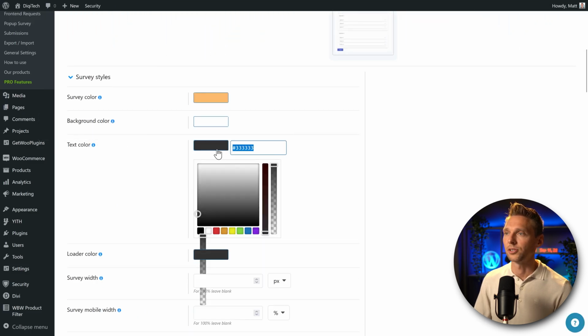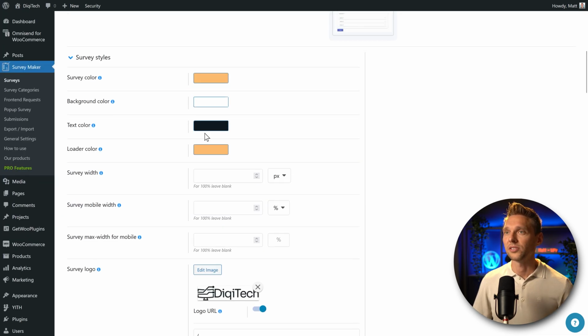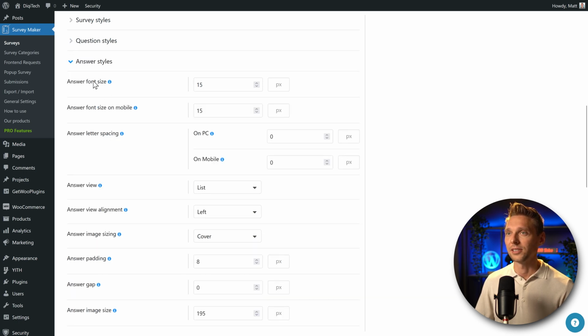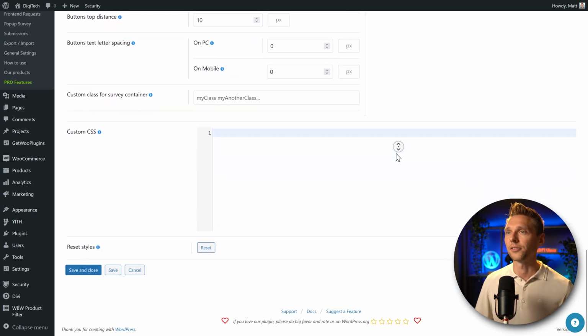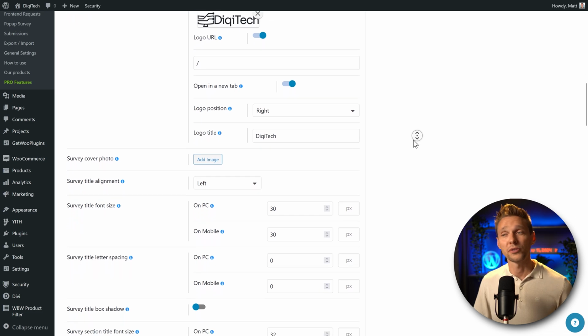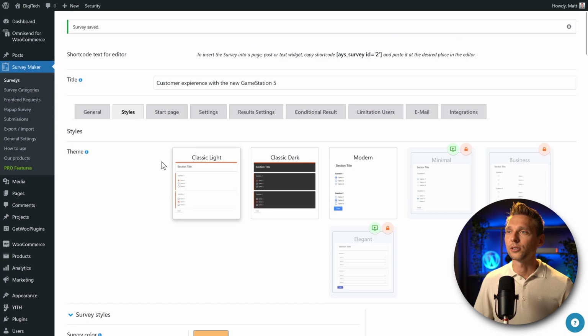The text color should be our dark blue used in this entire website. Then the loader color, when the survey is loading and you won't see it immediately, then we have this color. So these options to style it is really extreme. I mean the font size, desktop, tablets and on mobile, the alignment, the image width and height, the answer font sizes. The only thing what misses, in my opinion, is the actual font. And of course you can change it with custom CSS and that would work, but I would like to see it over here to add in your font. But for a free version, all these things, it's pretty extensive. I like it. Then we scroll up and we go to Start Page.